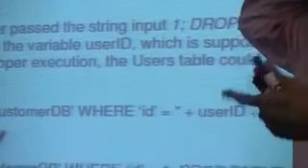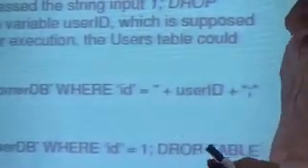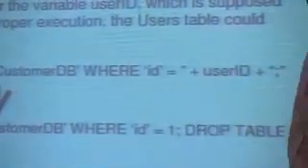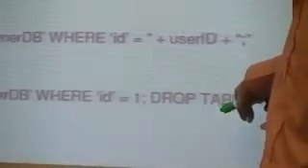So this all depends on how you process the inputs in your SQL queries in your program. If you write a database program using a language like Java or C++, and inside the program you directly embed the user entered inputs, you have to be careful. For example, there is a field called user ID, and it's very loosely typed, which means you're not really testing for its type. Ideally it should be 1, or any integer. On the other hand, instead of entering an integer, let's say you enter 1, then semicolon and drop table.